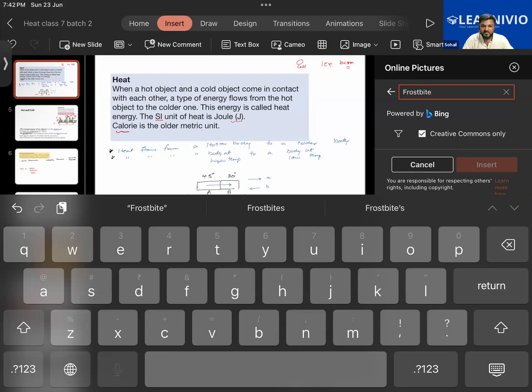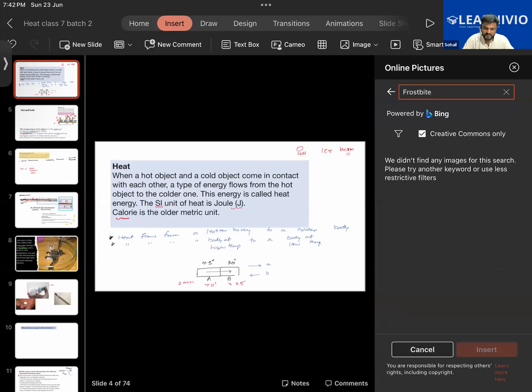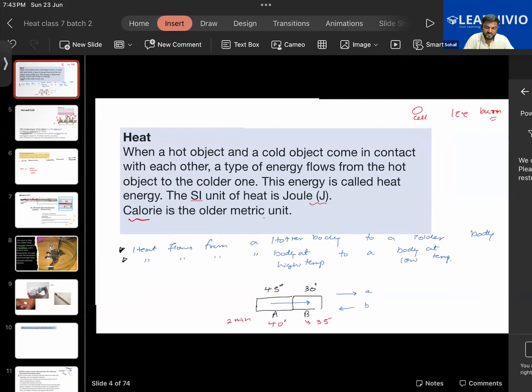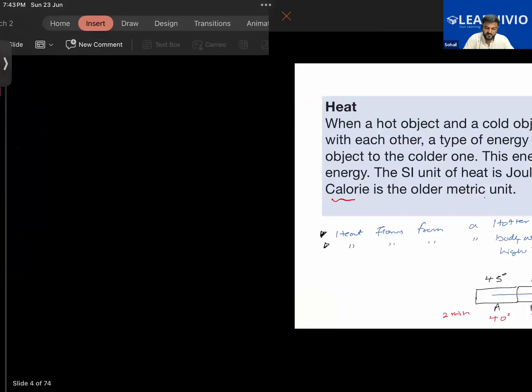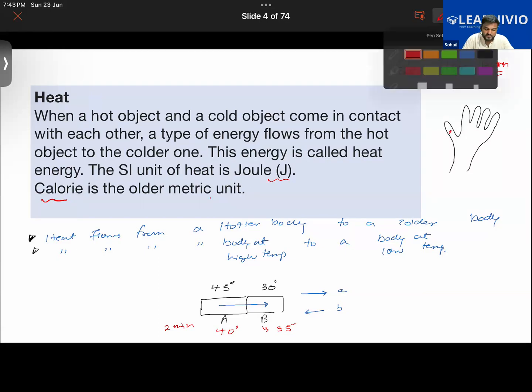You would have seen, maybe they have to cut the whole finger off. Yeah, the whole finger has to be removed. Like this is the hand. Suleiman, you also pay attention to this. Many times when mountaineers are climbing the mountains, this much part of their finger catches a frostbite.